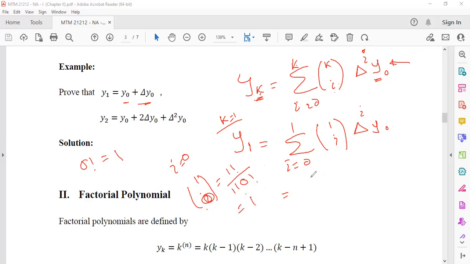This will be 1, so 1 times delta 0 y naught. Is that correct? Yes, plus what is 1 choose 1? If it is 1 choose 1, what is the answer? 1 factorial